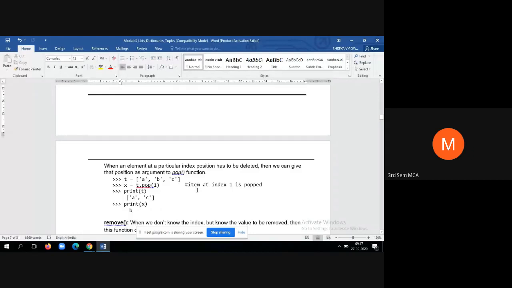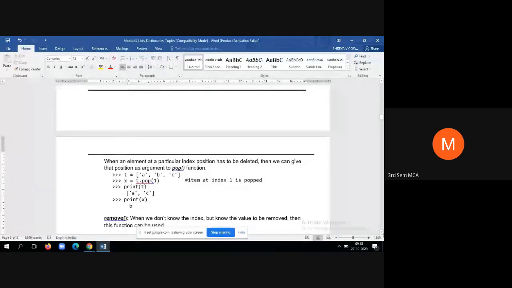We have three string elements A, B, and C, and in position 1 we have B. So if we do t.pop(1), that means we are deleting B. Now if you print the x value here, it will print B. That means we are deleting an element of our choice based upon its index position.